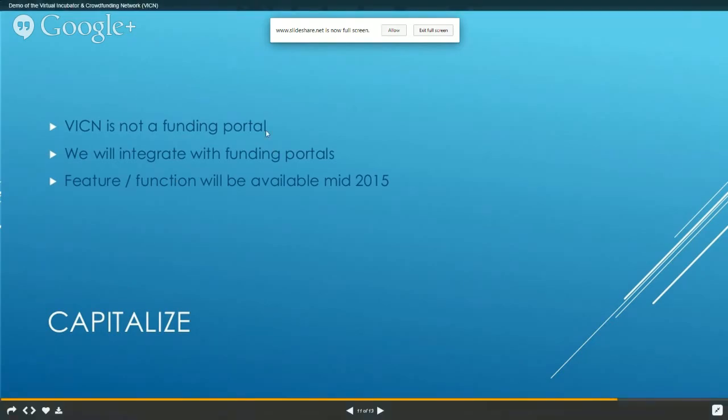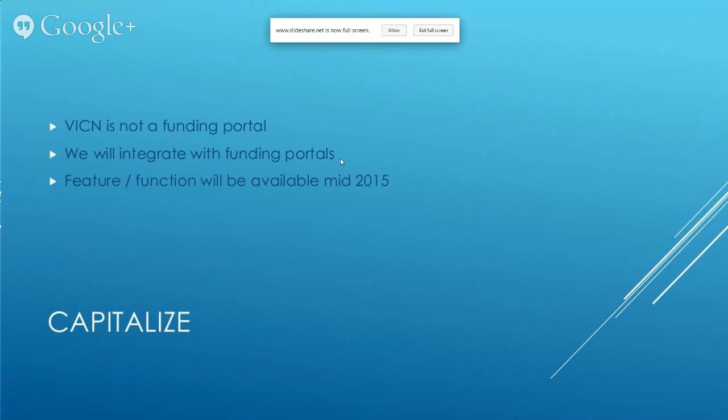So because we're not a platform, we are going to be forming partnerships with all the other crowdfunding platforms who wish to integrate their communities within Vicken. So we're solving their problem because most funding portals only do the funding. They don't have the means or the time to help people in a fashion that ultimately would have higher success rates. But what we do have the time for, being that we're a virtual incubator, we solve the funding portal's problems, which is how am I going to increase my success rates?